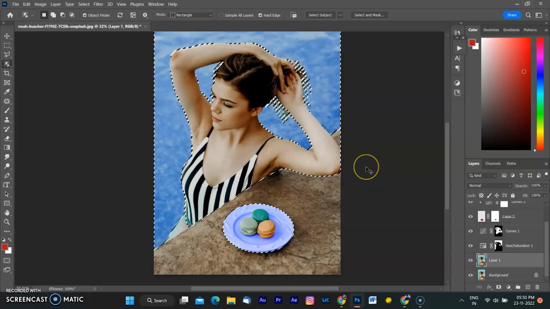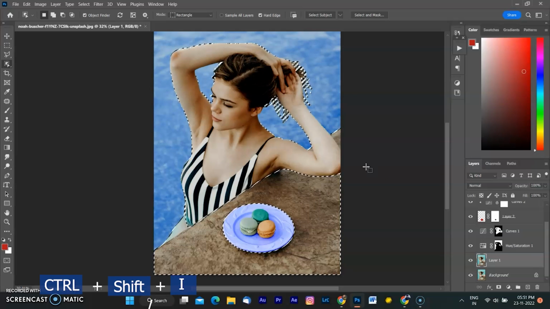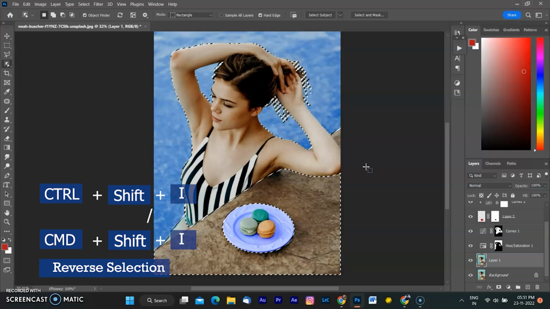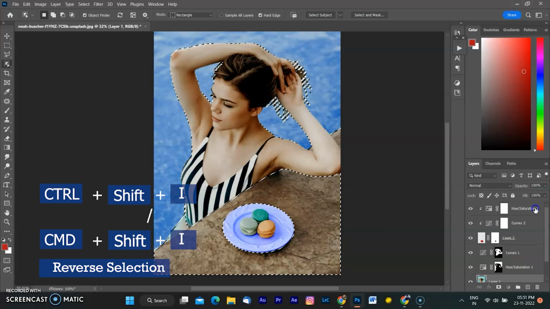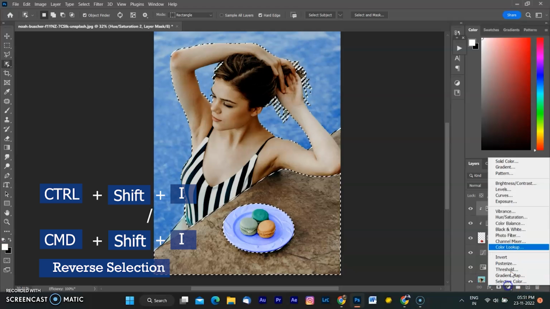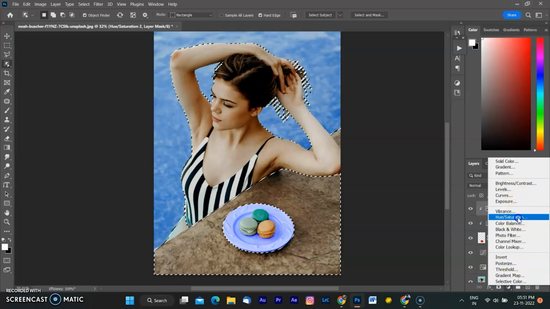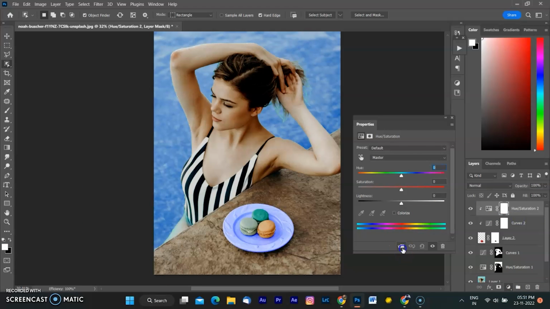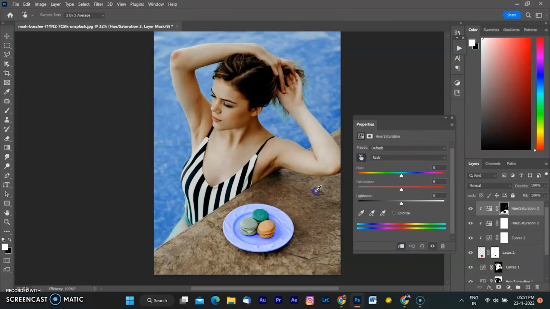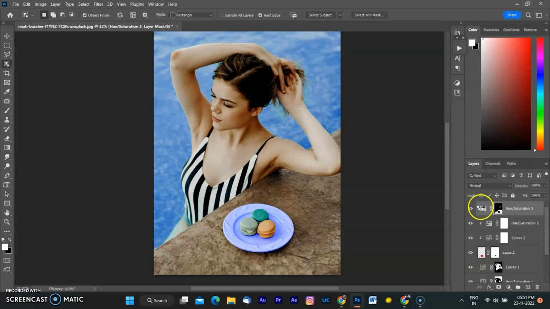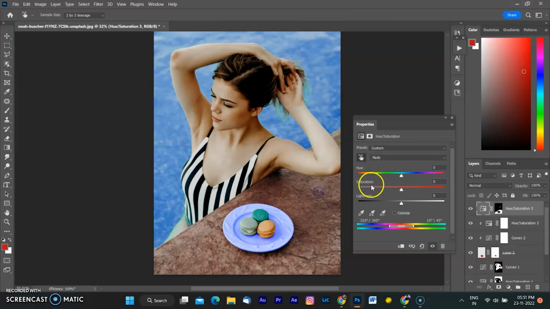After selecting all objects, I am using Ctrl plus Shift plus I key in the Windows and Command plus Shift plus I key in the Mac to make a reverse selection. By doing so, your adjustments will be applied only to unselected area and selection will not be affected by any adjustments. I am creating a new hue and saturation adjustment layer on the reverse selection and mask was created and only floor area was selected.